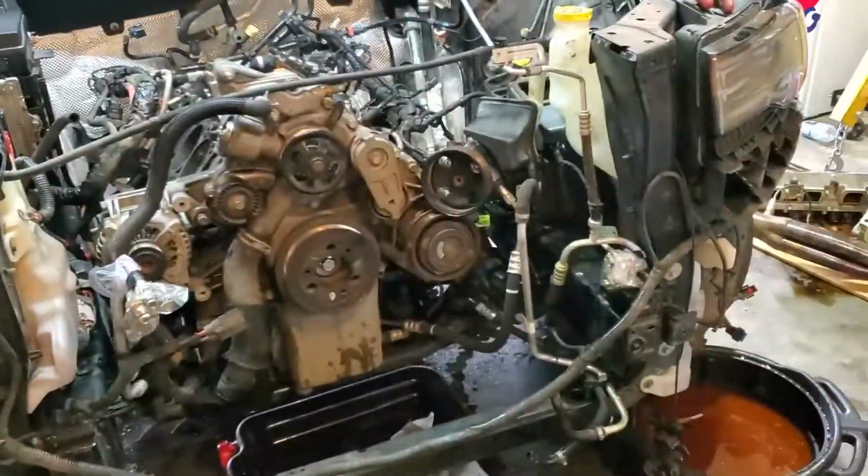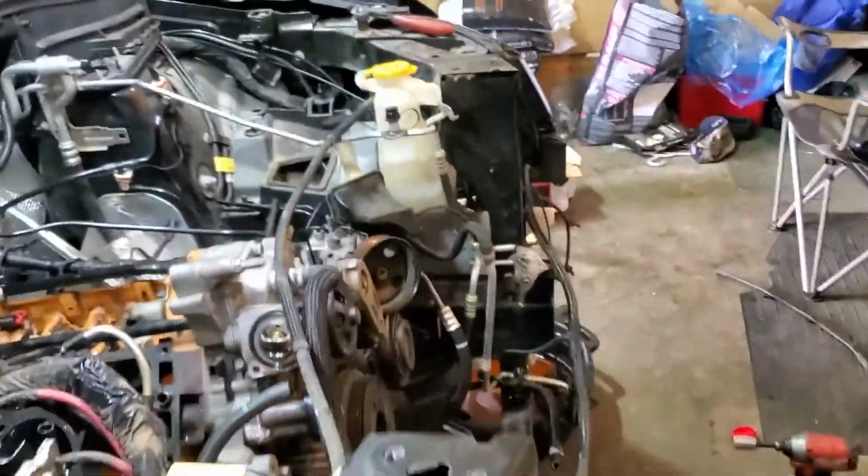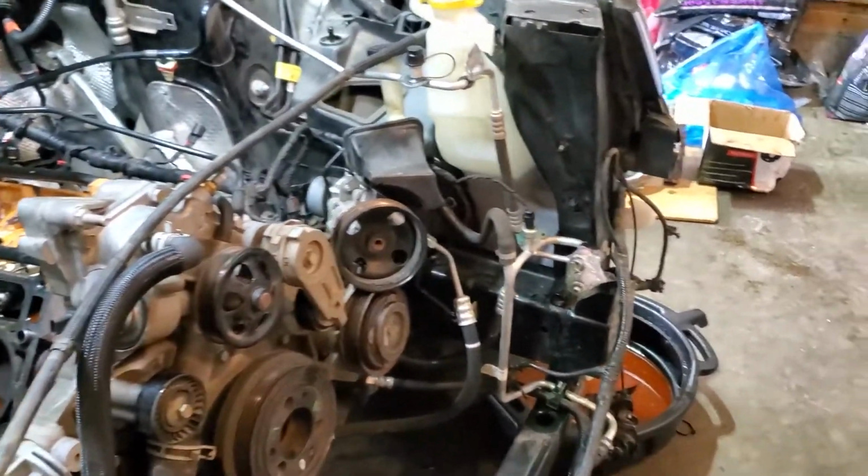I've got my AC lines taped off. I got my AC condenser end plates taped off. I highly suggest if you're ever pulling a motor to do that, or you will be stuck in a whole world of pain. So we're moving along,